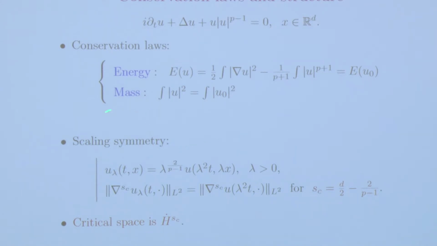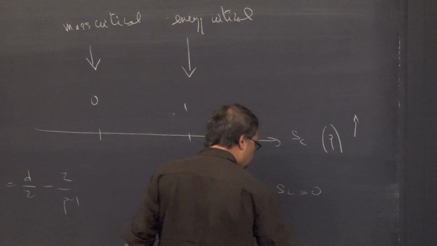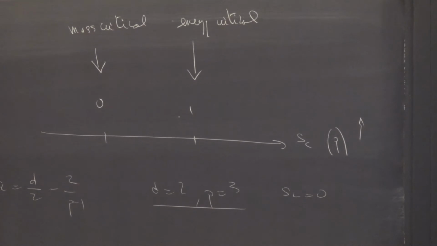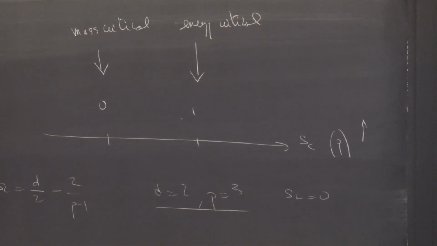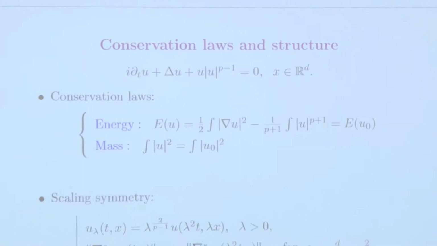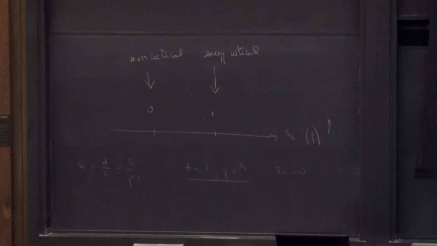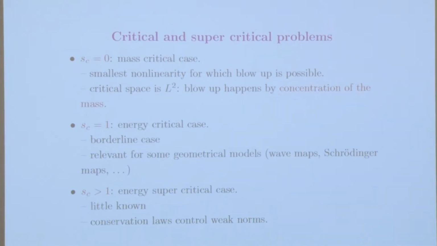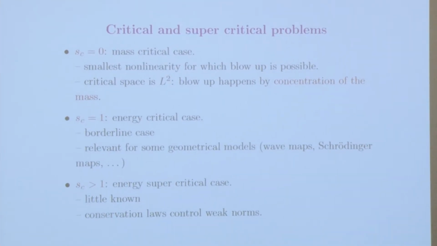So when you raise the nonlinearity p, this happens to you for the first time at s_c equals 0. So this is this value here. Of course, s_c is a growing function of p. And when you raise p, you hit the energy critical problem, which is s_c equals 1, where the same thing happens to you, but now at the level of energy. So you have these two critical problems. Of course, you have all the problems in between. And then you have the so-called energy supercritical zone, which is what happens over there,